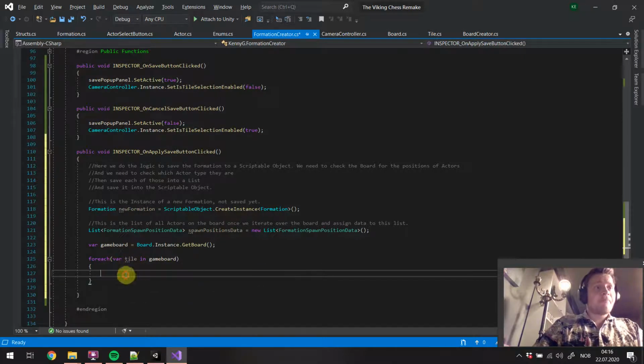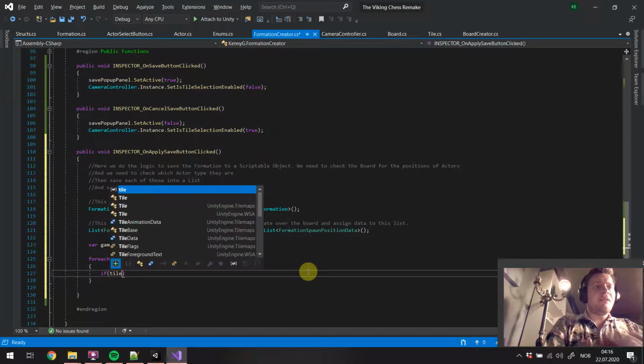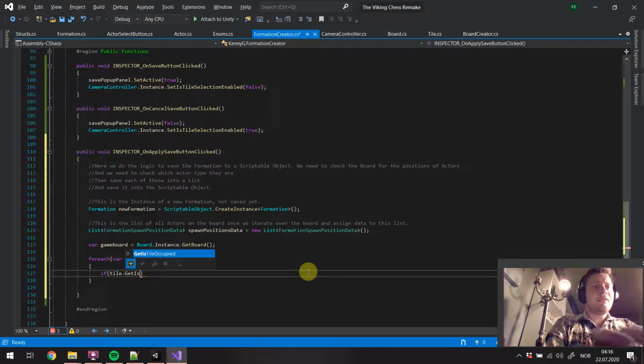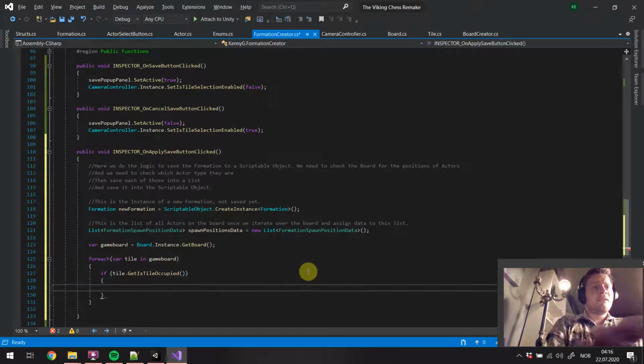There we go. So we need to see if the tile is occupied. If tile dot get is tile occupied, if it is, then